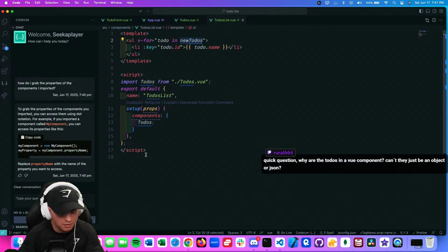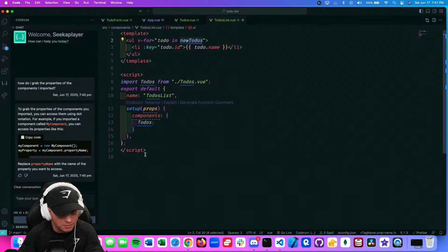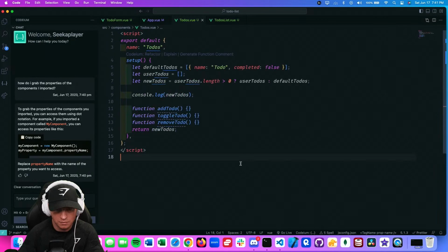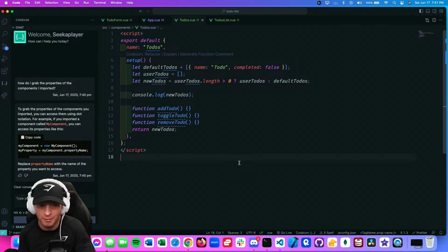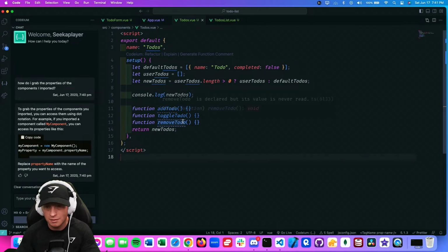Quick question. Why are the to-dos in a Vue component? Can't they just be an object or JSON? I don't know. That's the problem. I don't think I know. Maybe they can be. Huh. Well,